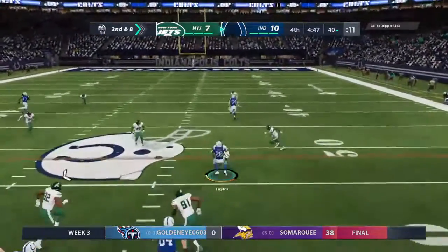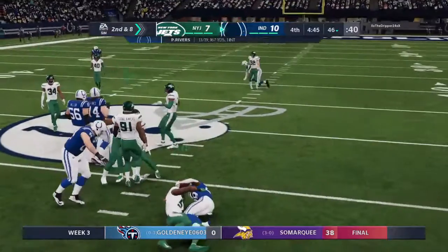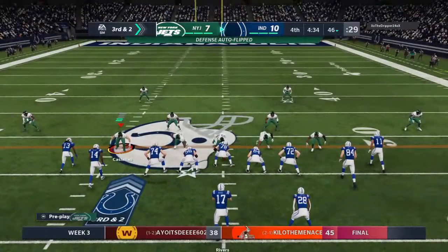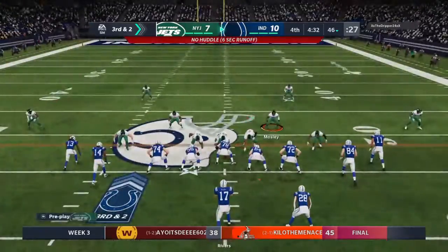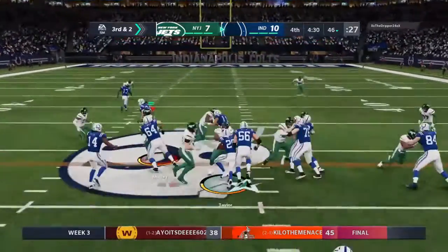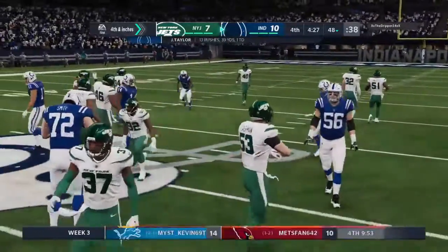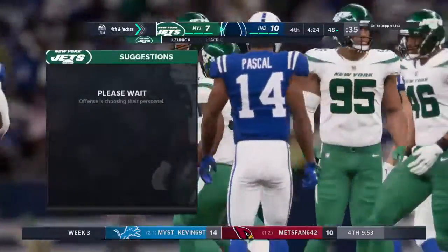Operating from the gun, Rivers. He'll drop this down to Taylor, and they get to him after a gain of 6 to the 46. That's a gain of 6. They'll try and run for the first with Taylor, and he will be very close to a first down, but I see the closed fist of the referee, and